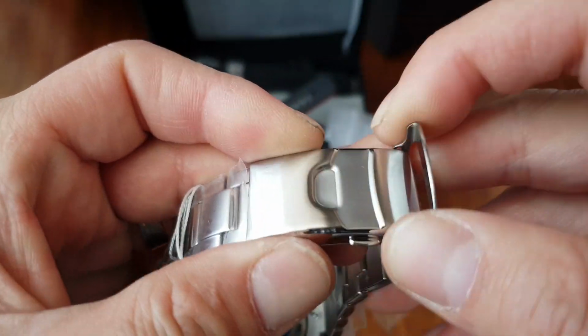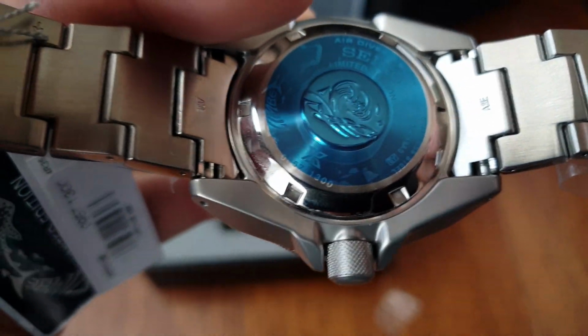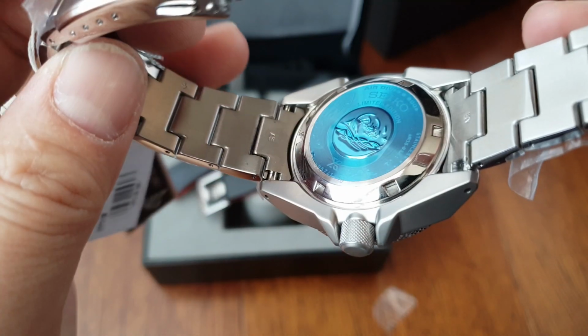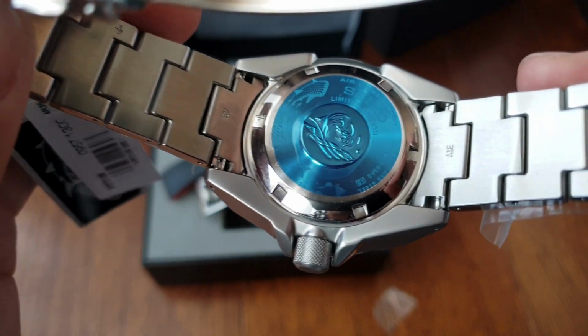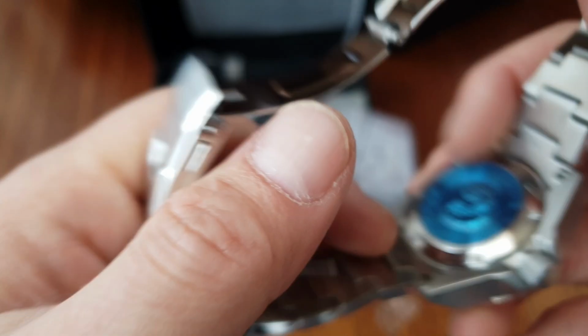This doesn't seem to look like a solid endlink. Does not really matter to me. Maybe it is. I don't know. Is that a solid endlink? I think it is. Yeah. As you guys can see, it has all the